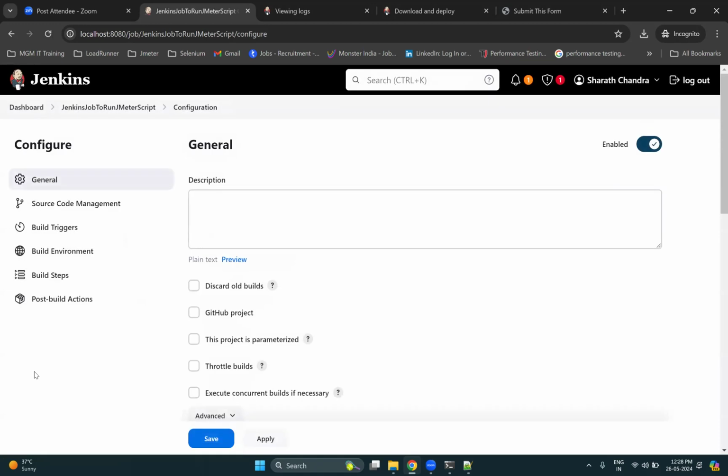Once you are done with this, you can give a description of this job. I'll give the description: this Jenkins job runs